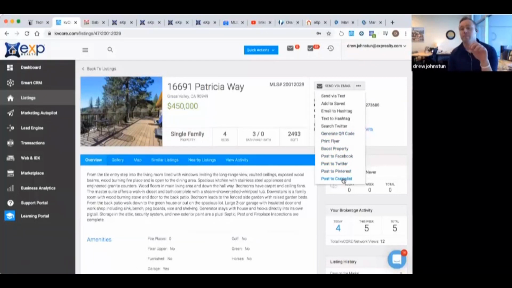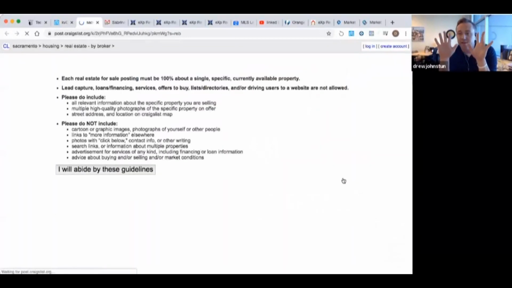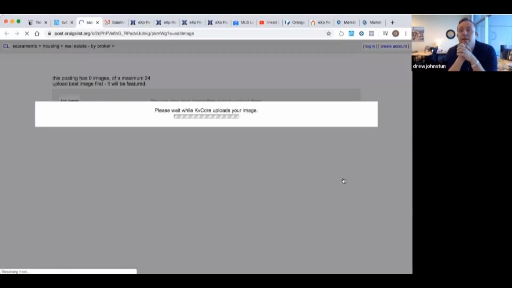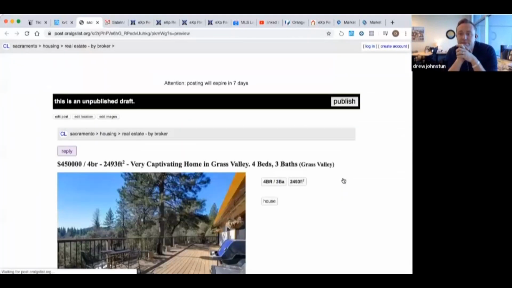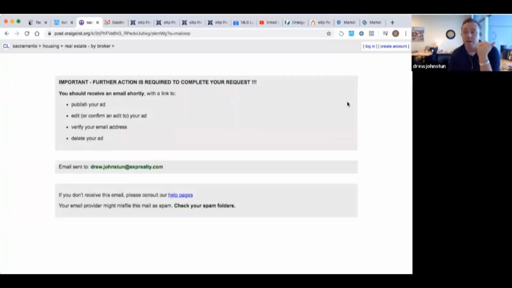Now, everyone take a look at my screen where you can see me. Okay, I'm going to click this. I want you to see my hands, and then look back at the screen. I'm not doing a single thing to this, right? It's ready to go. All I have to do is click publish. I go into my inbox, click publish again, done. So if you guys can find a better way of posting to Craigslist that fast, please let me know, right?